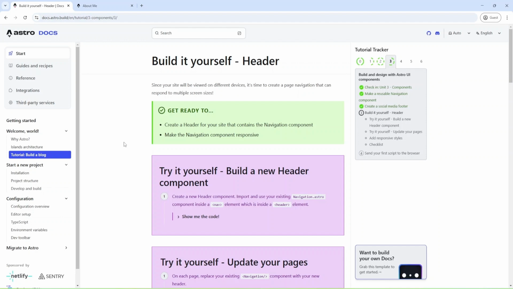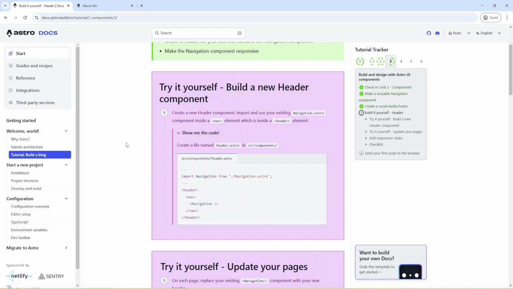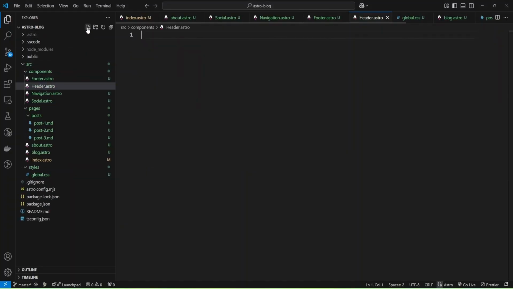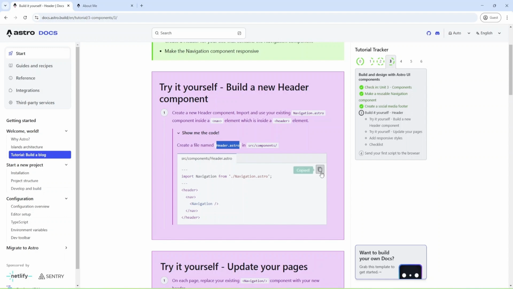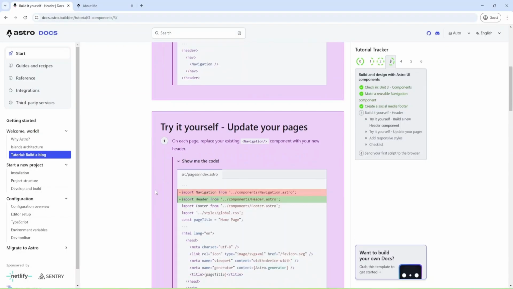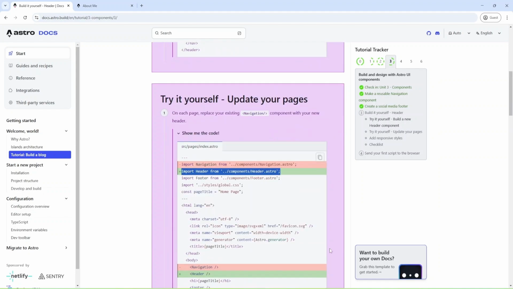And next, they propose to build a header, and I'll just see the code. And they propose to add a new component inside components, I'll add header and this code. Okay, and next we'll just change navigation to header.